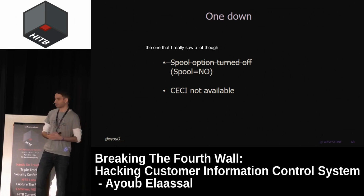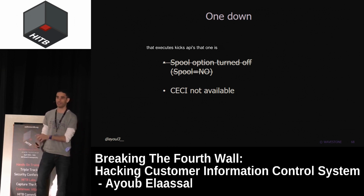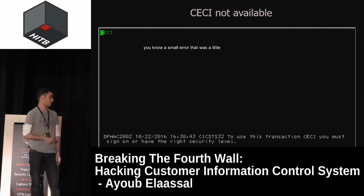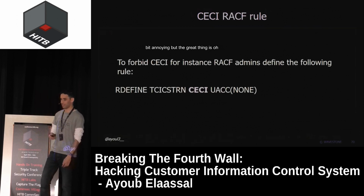So that's one down. The one that I really saw a lot, though, is CSI not being available. On a mainframe, when we connect to it, we have access to CMT. That's almost always the case. But CSI, the one that executes KICKS APIs, is most of the time forbidden. And, well, they've done their job. So we get a small error that was a little bit annoying. But the great thing is,